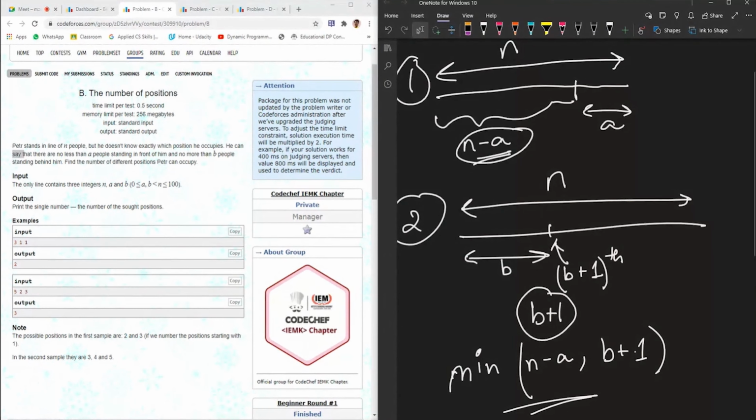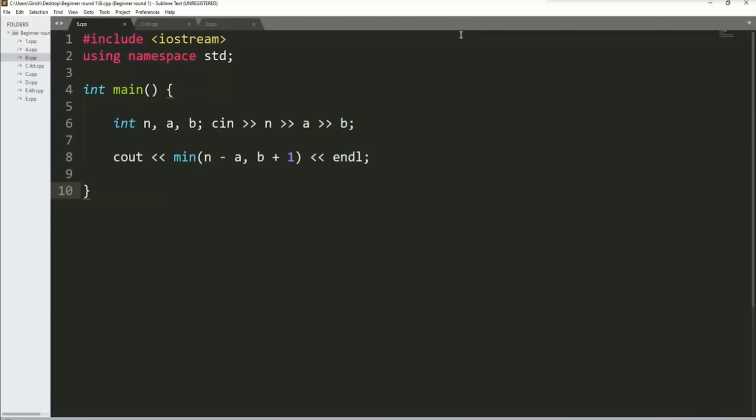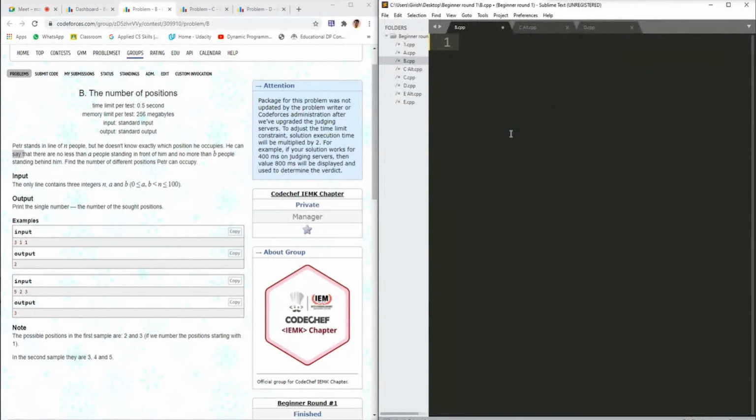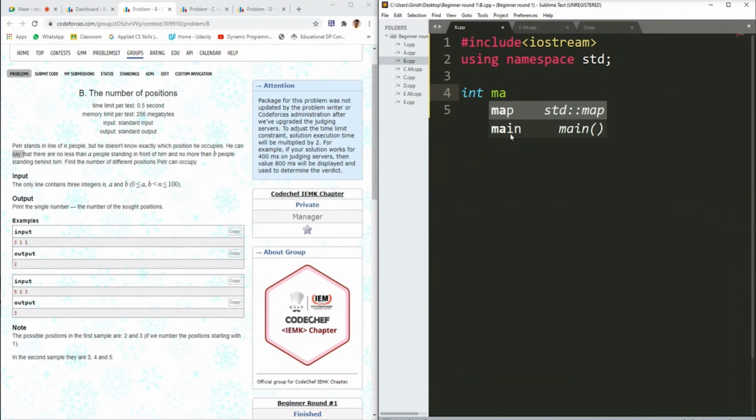So basically, the problem is very simple. I will remove this code and start afresh. First, I will give the header files. That is the basics of any C++ program. I will hash include iostream, and then I will write using namespace std. I will declare the main function,